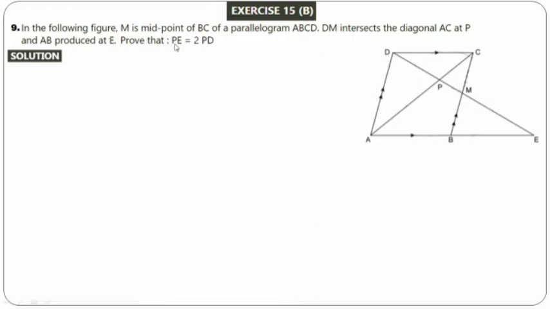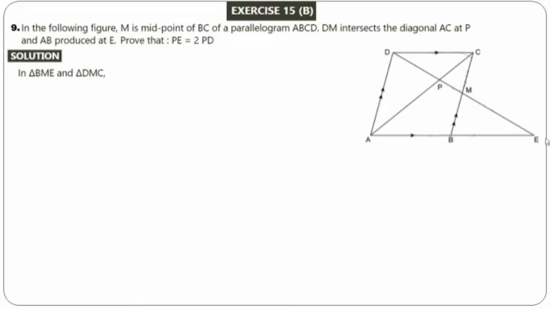You need to prove that PE is equal to 2 times PD. That is PE. See here carefully, PE is 2 times, that is double, PD. That's what we need to show. So let's see. Now, in triangle BME and DMC, see here carefully, BME